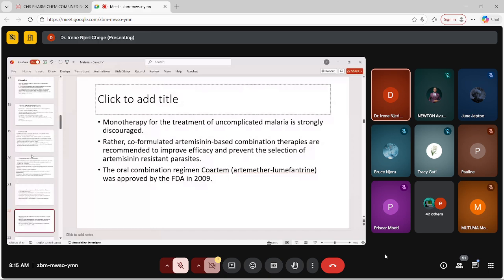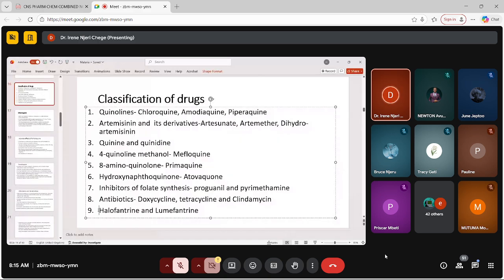These ones, let's look at it. Amino alcohols. So what is the national treatment guideline so far for malaria in 2025? We say artemether-lumefantrine, like Coartem, the trade name. Okay, artemether-lumefantrine. Why? To prevent